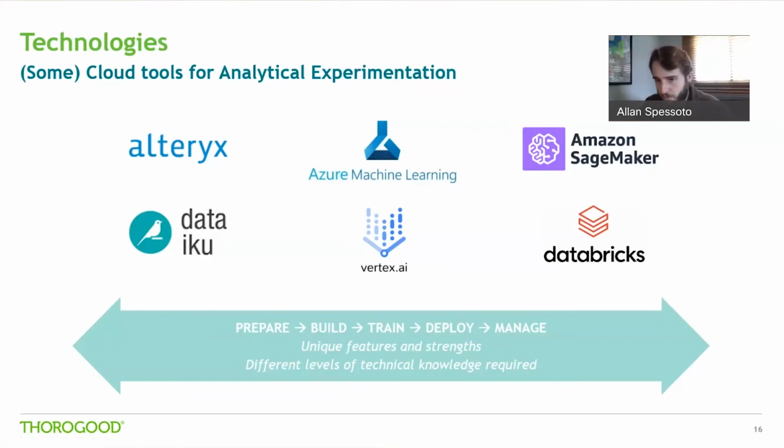And these are all cloud-based tools that will help you prepare data, build models, different algorithms, train the models on the prepped data, deploy them so they can be consumed, and manage and start automating all of this process, right? They each have unique features and strengths and give us a lot of flexibility in terms of how technical the end users have to be in order to use these tools to conduct successful experiments. We are seeing these cloud technologies really help companies break barriers to entry in order to incorporate data science and machine learning into their business processes and analysis, and that's very valuable.